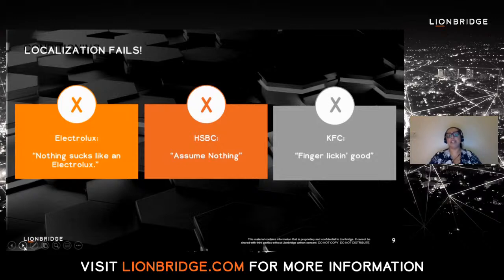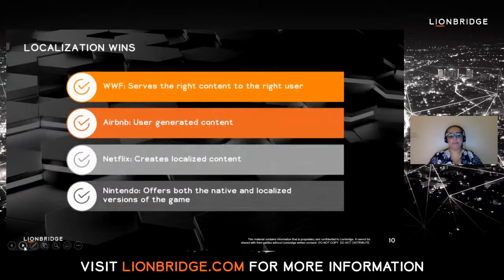Here are a few great examples listed by Smartling. The WWF site. Now, in order to engage viewers around the world, the WWF has put a lot of effort not just in translating their content, but also serving the right content to the right users. This means while the US version of the site provides a study on the declining monarch butterfly population, their Spanish page has a direct feature on Earth Hour.